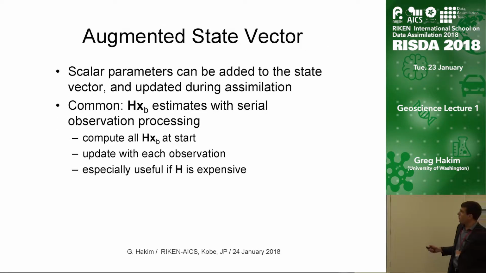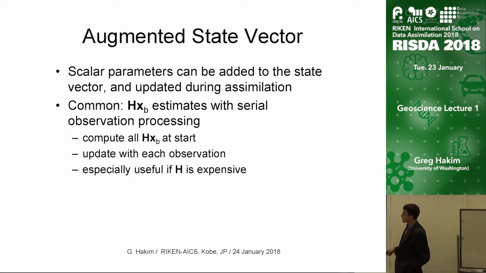And when we use that, we're also using something called the augmented state vector approach. So this may have been touched on yesterday, I think, in the practical session, I'm not sure. In addition to the state elements, we can augment our state vector with an arbitrary number of parameters, including the estimates of the measurements themselves. So as we walk through the list of measurements one at a time, we can update all of the other measurements that we're going to use as we walk down the list.